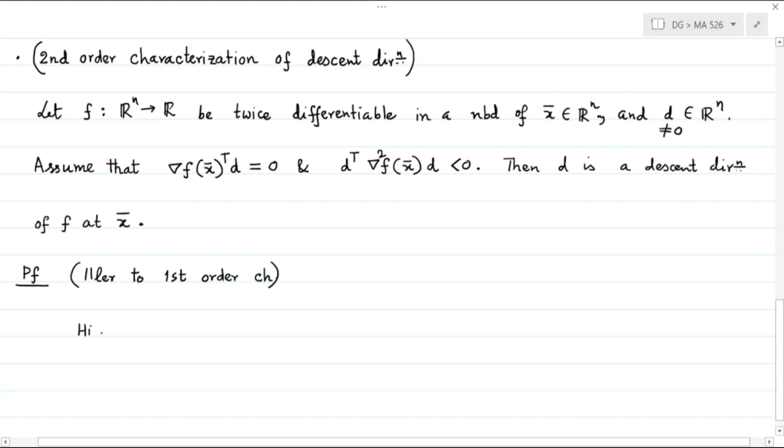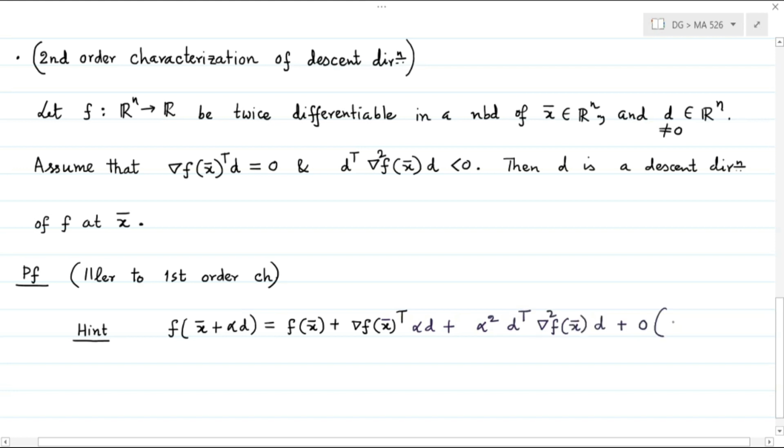Here we note that if we consider the second order approximation of the function f by Taylor's theorem, then we will have f of x bar plus alpha d is equal to